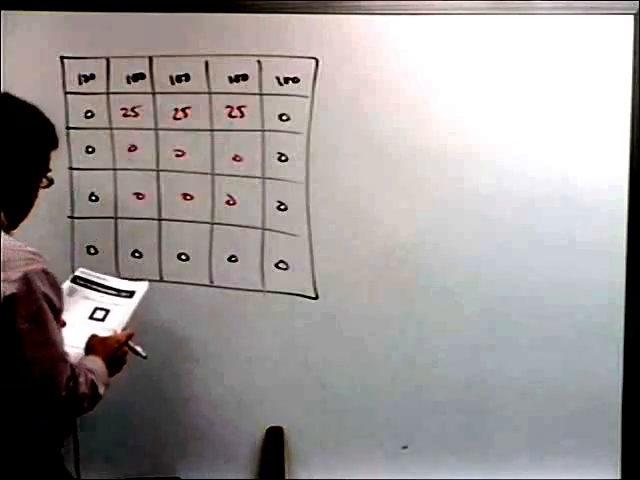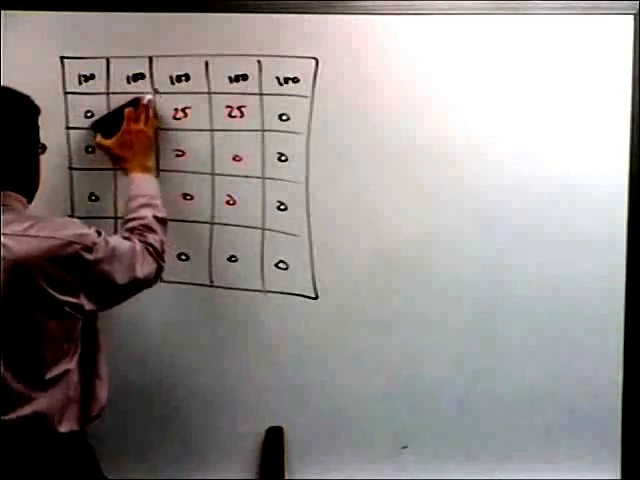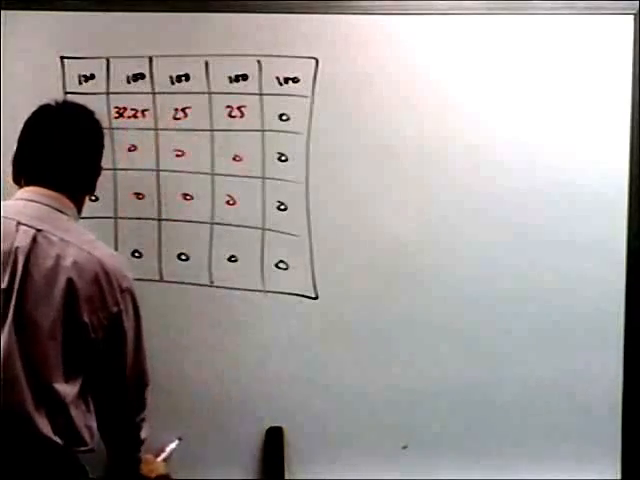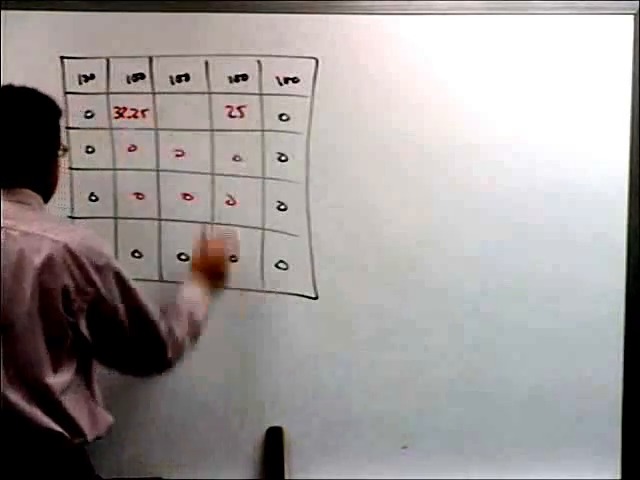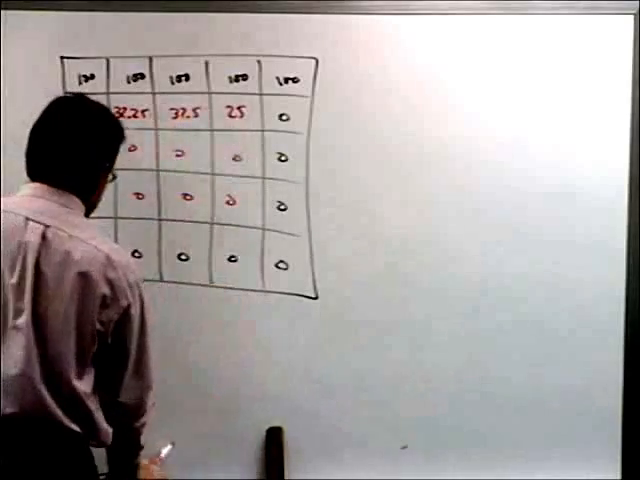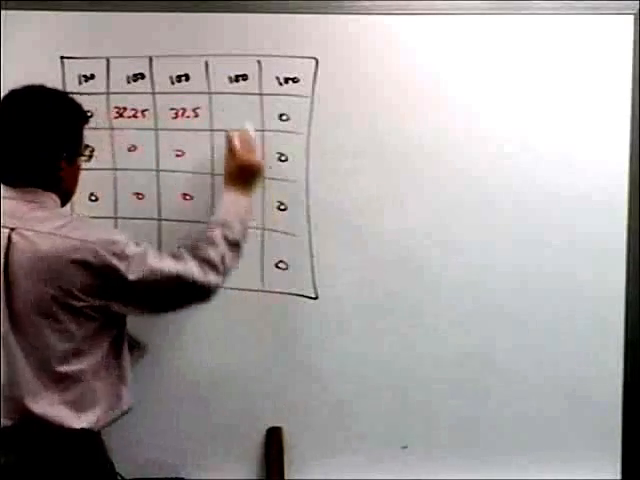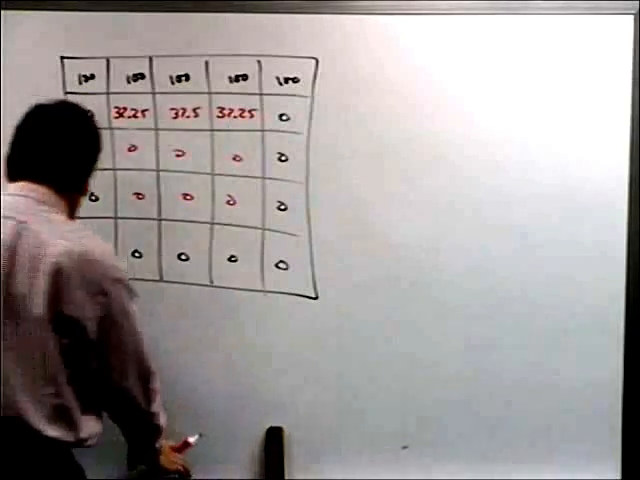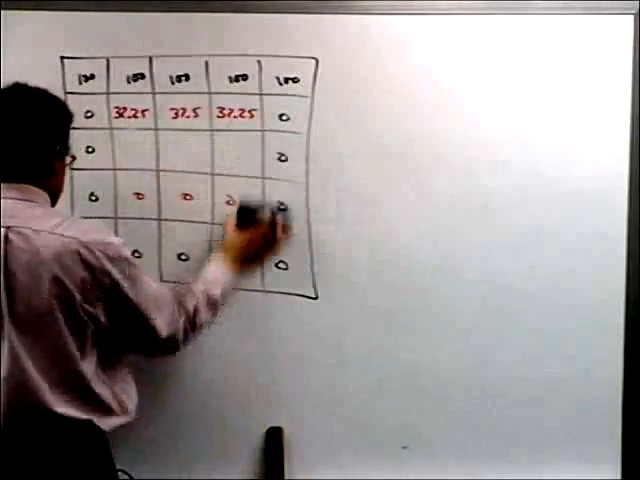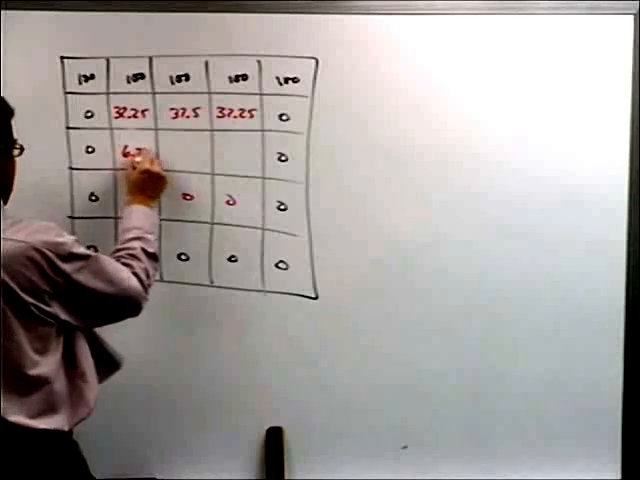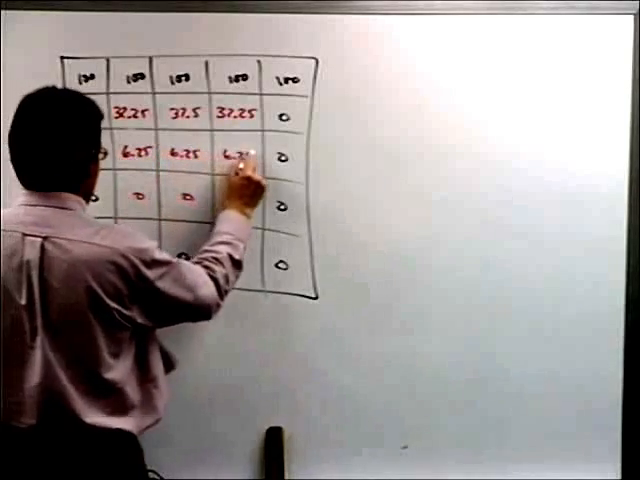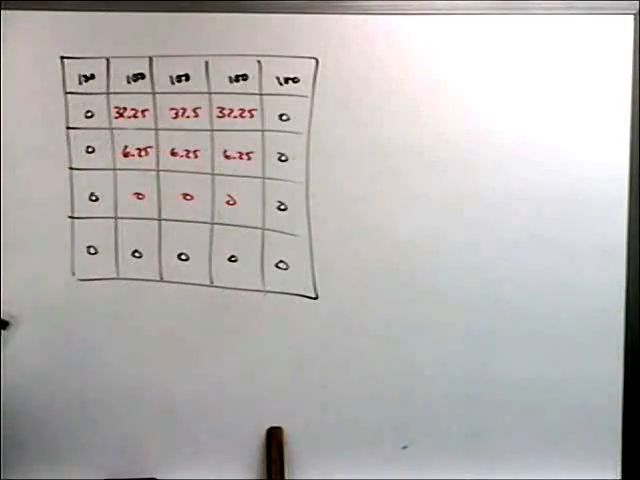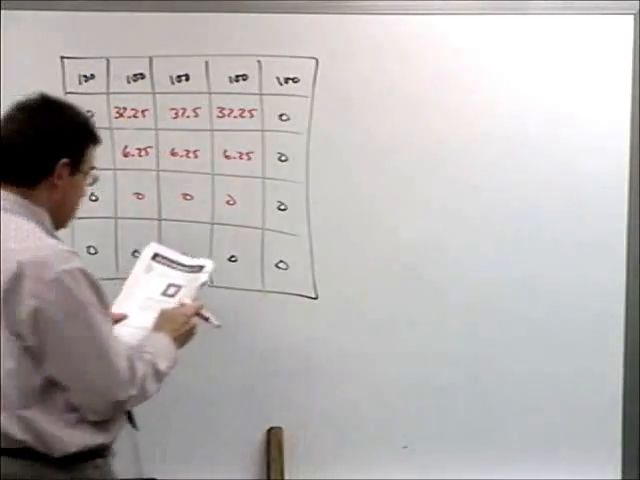You go back through another time, and on the second pass now, we get 32.25 here. This next one goes up to 37.5. This one goes to 32.25. And so on. You go to the next row now, and these all go to 6 1/4. And you keep doing this, okay? You make a third pass. On your next pass, the numbers change. You get